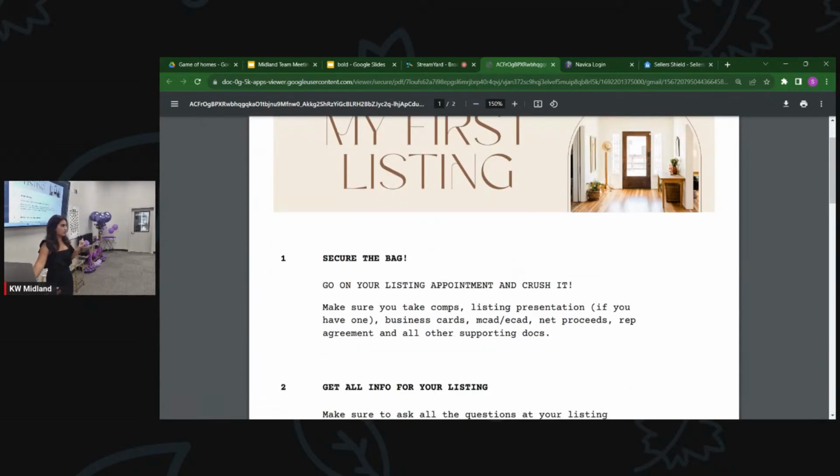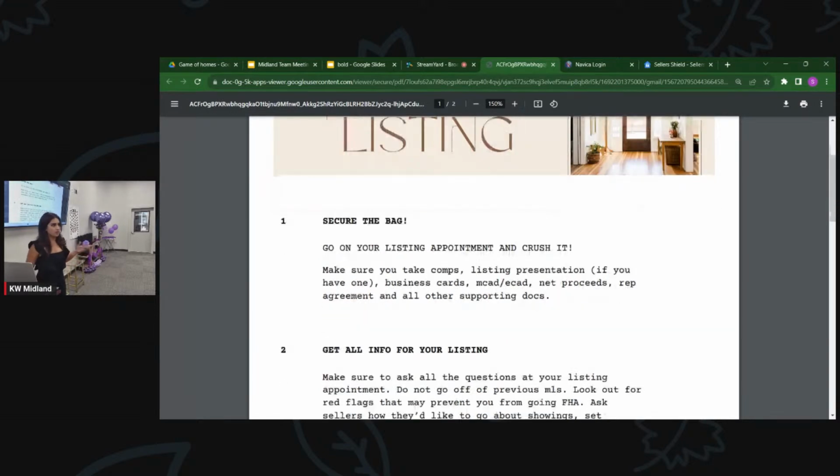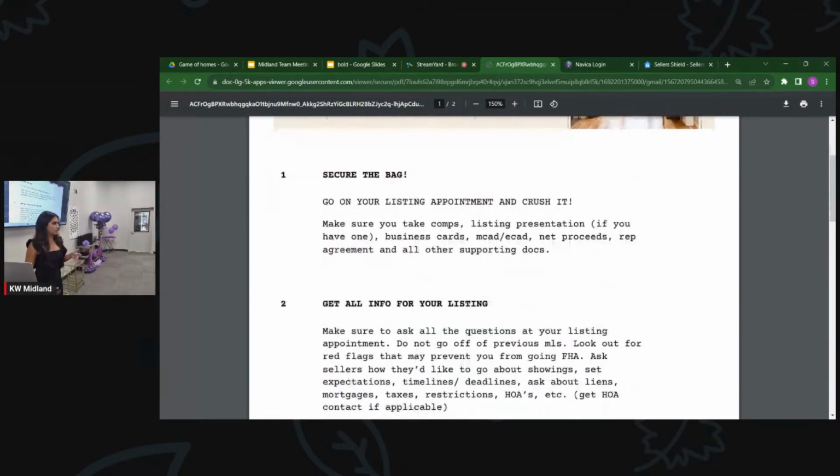You want to do as many as you can. Well, not too many if it's a hot neighborhood where you're going to have a lot, you probably don't want to take as many. I do about 5. I do just 1 active and then a few sold and under contract. I don't go further than 6 months back unless I really have to, and then I stay within 0.5 radius. And then also the square footage, I stay within 200 to tops 300 of the difference up and down.